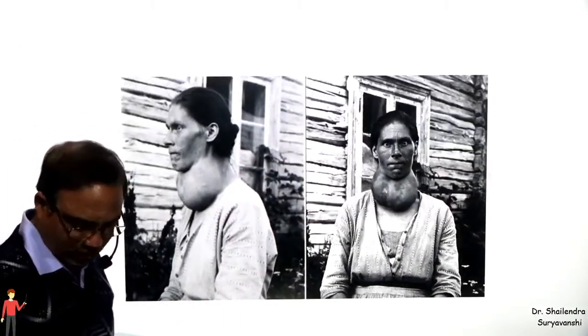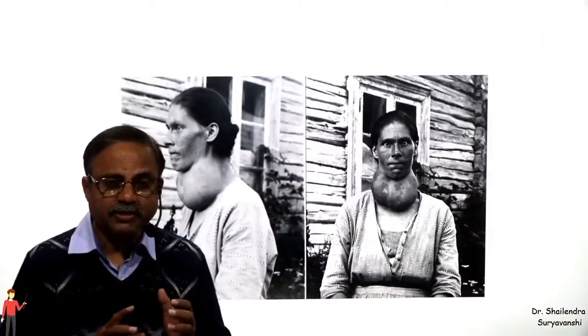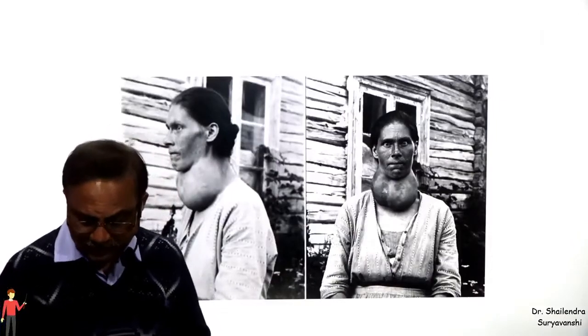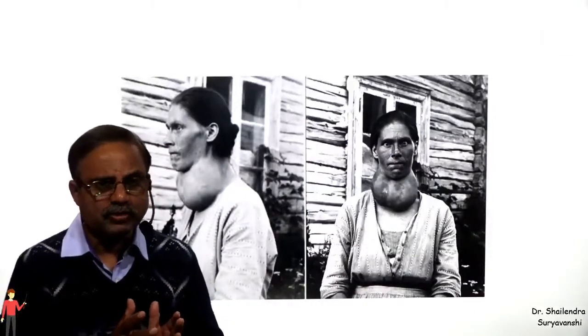These are photos where you can see goiter. These are quite large actually, but often it can be subtle and small. There could be various sizes of goiter. But here you must first remember why there is goiter, meaning enlargement of the thyroid. At the first initial stage, it is very necessary for you to clear your concept and understand the concept. At the second stage, you study in some detail, and the third step, you can study in more detail. So here, goiter means enlargement of the thyroid gland. It could be small, it could be big, and the primary cause is iodine deficiency. It could be because of a tumor also.